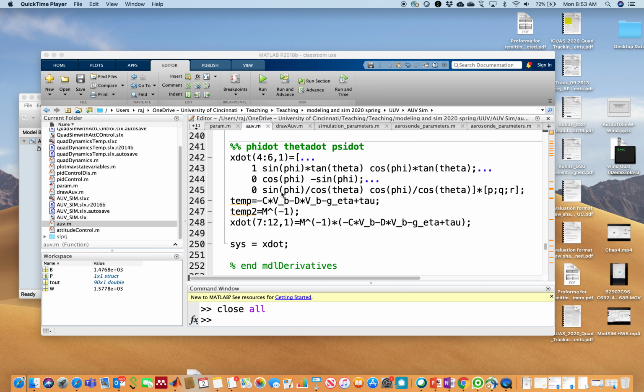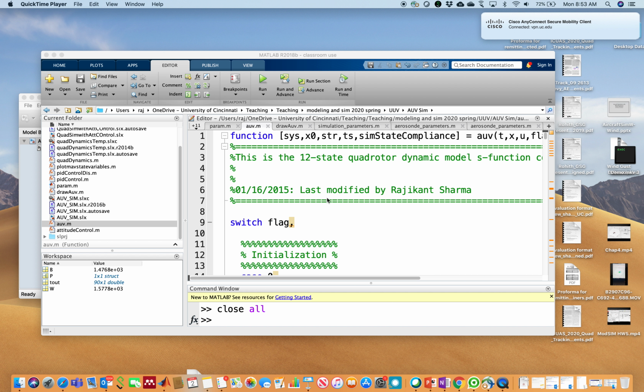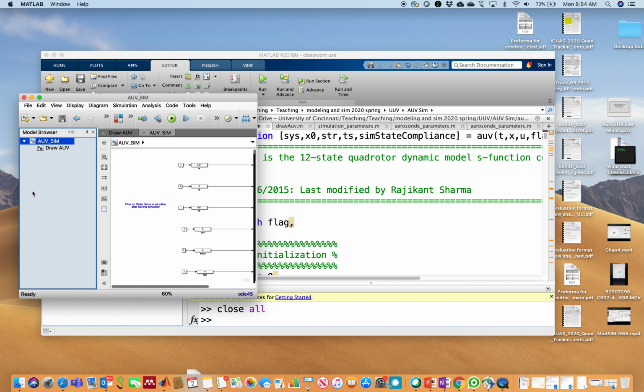In this video I'm going to show the desired output of the AUV assignment 6. All my controller is in AUV.m. The S-function has all the dynamics as well as all the forces and moments. So if you see this simulation here,